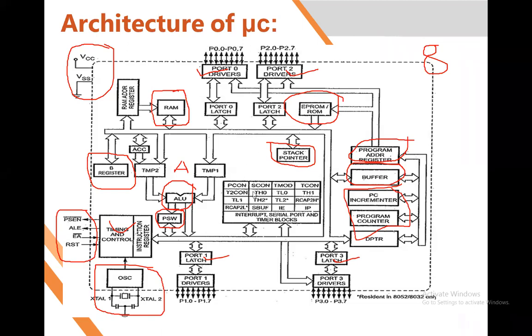Then, these are the registers we have discussed: SCON, TMOD, TCON, the timer registers TH1, TL1, TH0, TL0, and the interrupt registers: interrupt enable IE and interrupt priority IP. These are the control registers: serial control, timer control, timer mode. These are 8-bit registers. One by one we have discussed these registers, and we have a timing diagram and programs too. We have to set the timer or counter by using these two registers, TMOD and TCON, and use them in your programming.